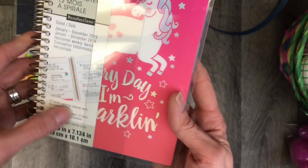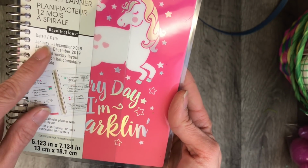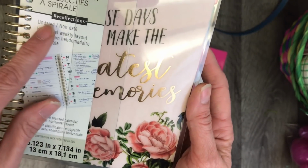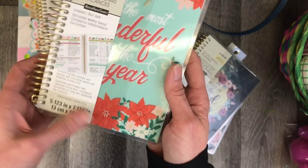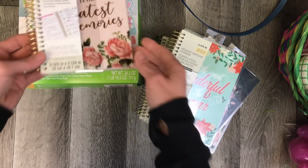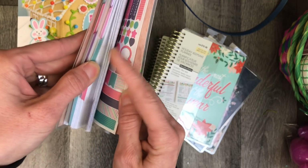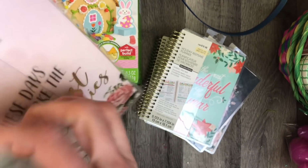So in here, a 12-month spiral planner. This one is dated January to December. So they're halfway through this one. A goal planner. This one is undated. That's great. A to-do planner, the same one I got already, undated. Undated holiday keepsake. This will be handy for me and my December dailies. And then another undated 12-month planner. These days will make the greatest memories. And, oh, it's even got some stickers and stuff inside there. Wish I could get these things off without wrecking the cover, but I might be giving some of them as gifts, so I don't want to